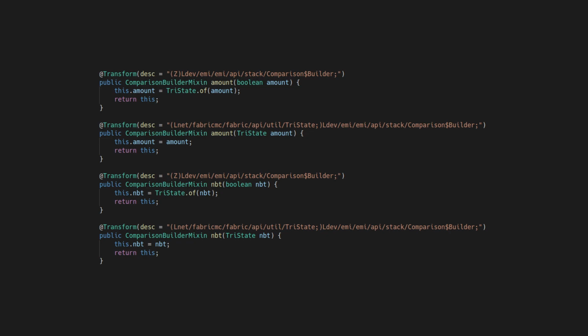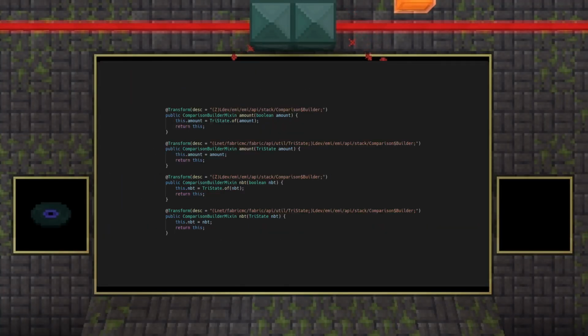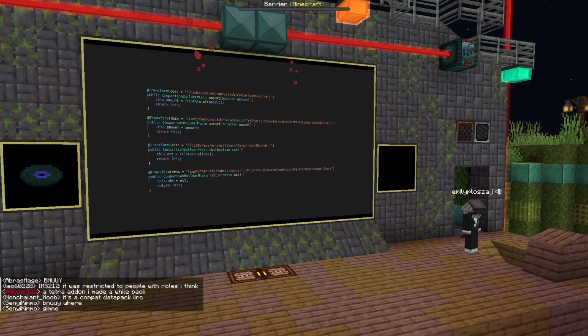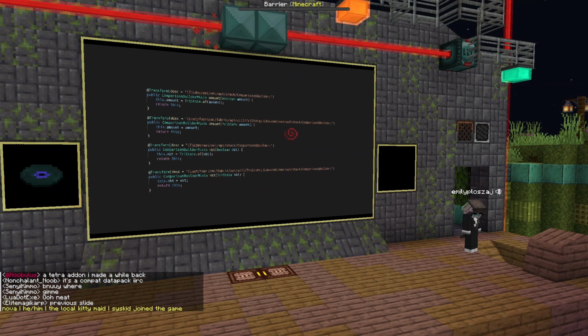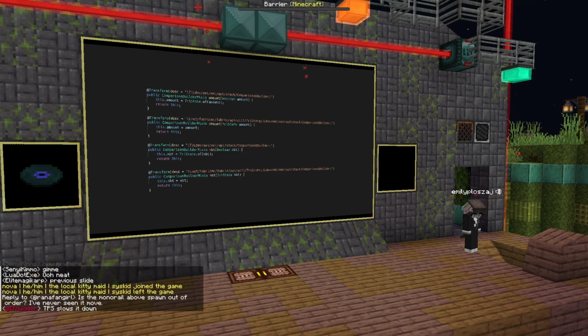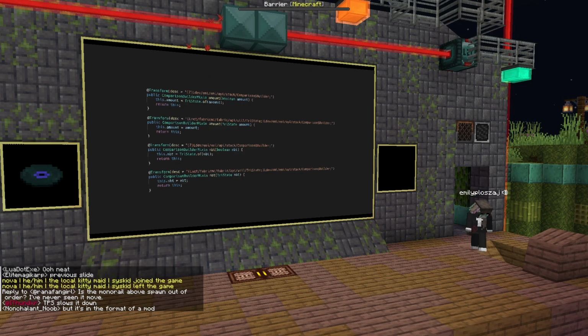When I change the return type from comparison builder to comparison, it's just going to work. Because I'm pushing this to the stack, the return type just happens to match. At runtime, when it tries to verify it, it'll work. Looking back on this, I'm not actually sure if Mixin would have handled this and if this endeavor was necessary for the specific method, because I didn't even try it. But I needed this annotation anyways later, so I might as well have done it.